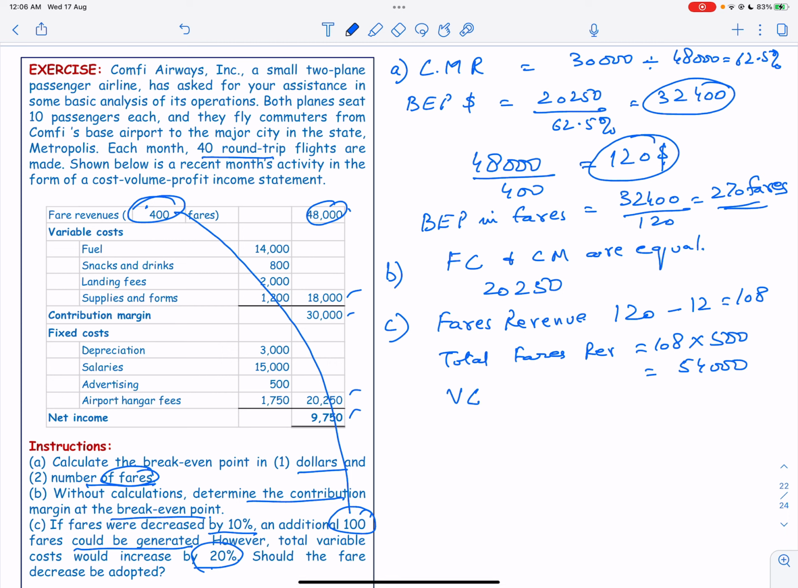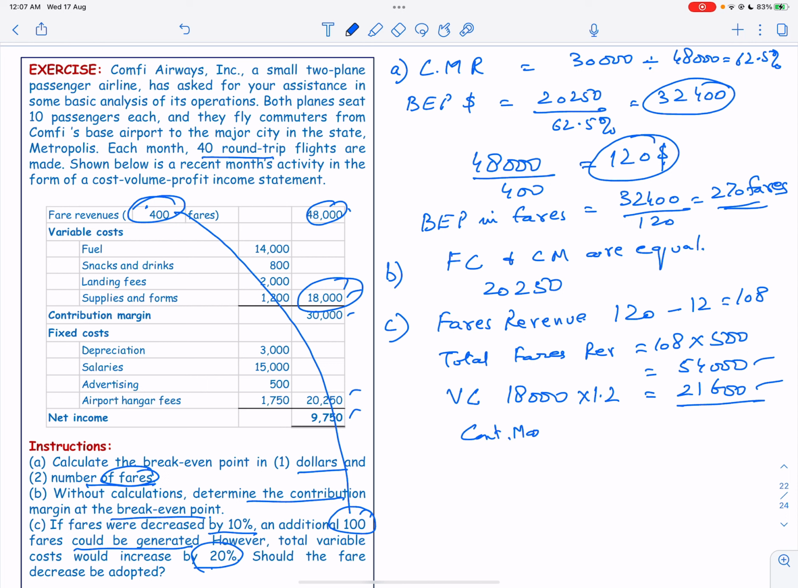And the variable cost, they say, would increase by 20%. So we have a variable cost right now of 18,000, and this is going to increase by 20%. That means times 1.2. So the variable cost is 21,600, and sales minus variable cost will give us the contribution